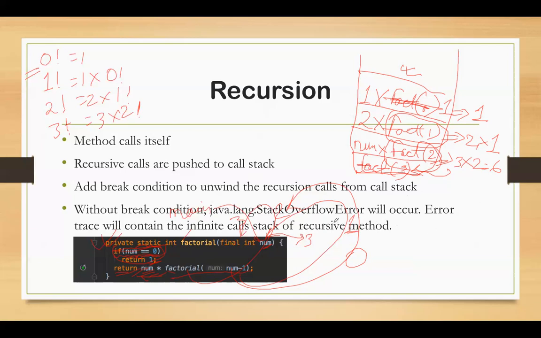Here actually in recursion, we basically should have a mental picture like this, that whenever a method is being called recursively, then we should be drawing its or pushing its recursive method calls into the call stack. Here we were adding factorial of 3, then factorial of 2, then factorial of 1, and so on. So this was an overall discussion about recursion.